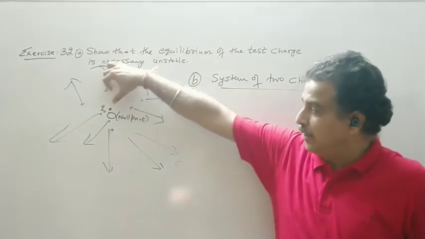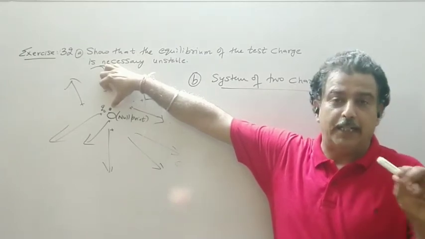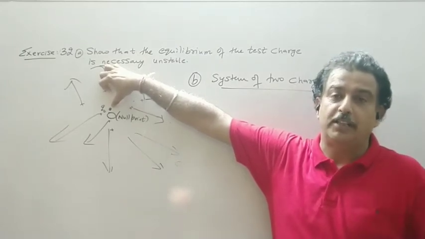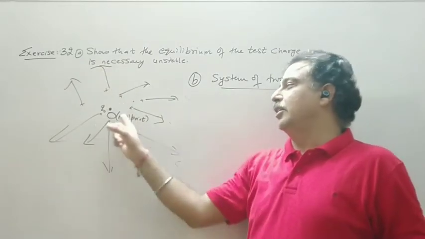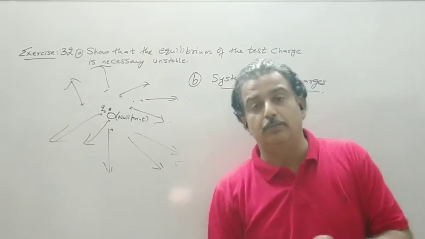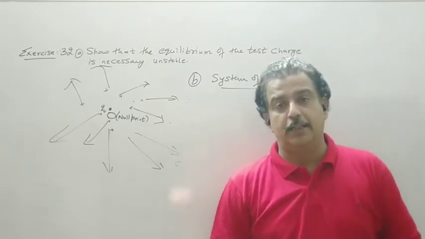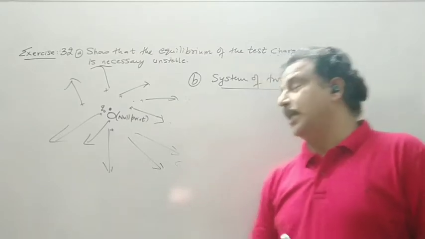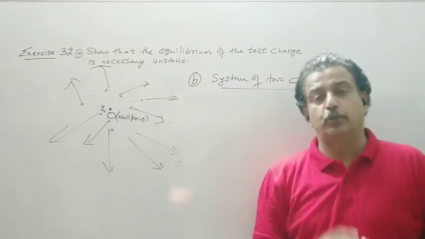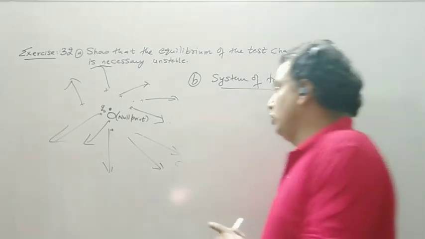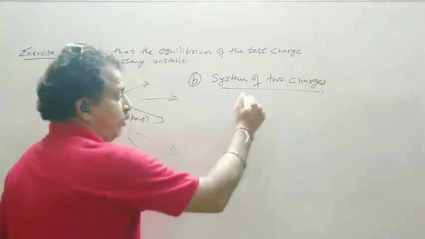But we have placed the test charge at the null point. Null point means this position does not consist of any source charges. The source charges are not there. And if I consider a Gaussian surface, it should enclose some source charge. But it is a null point, no source charge is there. So no restoring force acts on it and it will move away. So for a particle to come back to its original position, we should have a restoring force. Now this thing should be clear with the help of the two charges.